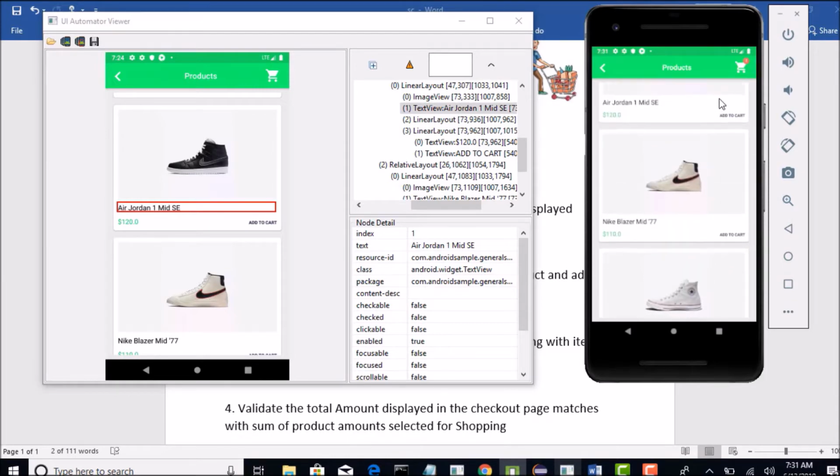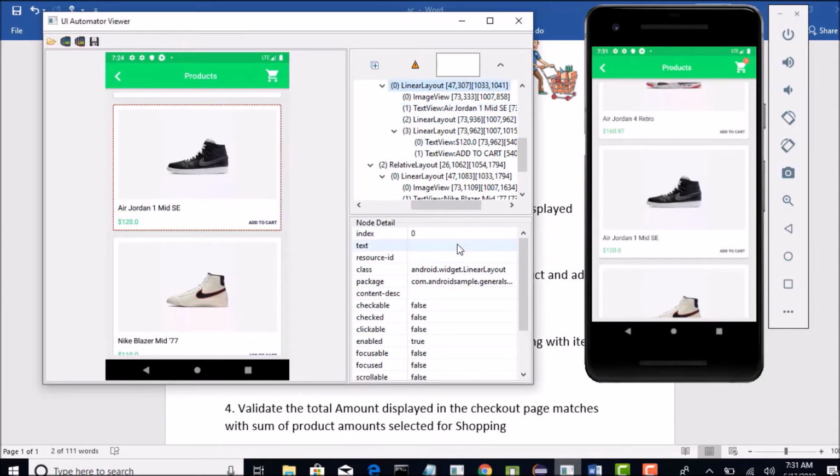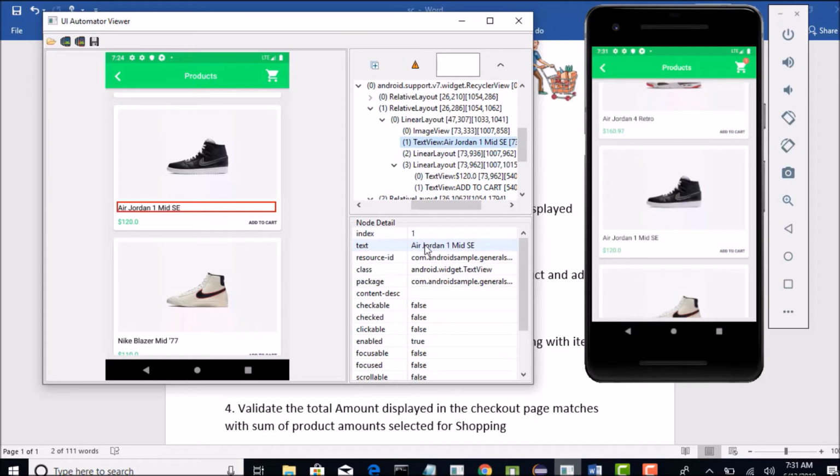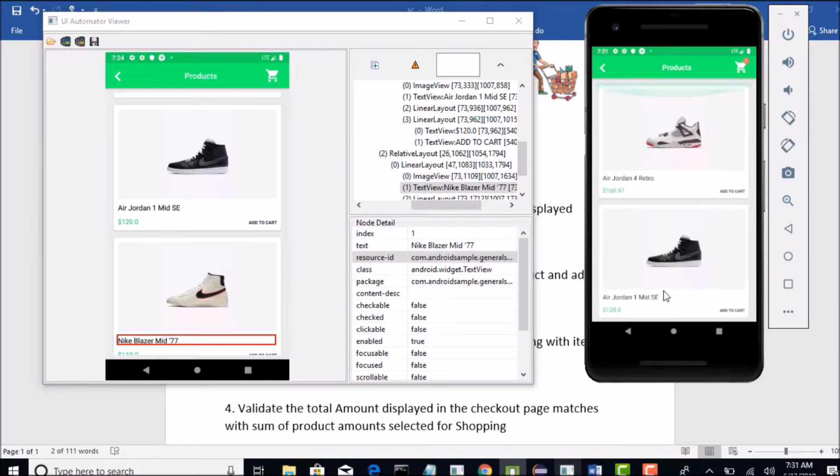One idea I have in mind is to grab the text of it, which is unique. The ID is /product name, and I see this ID is also /product name. So basically for all the products in this page, the ID is the same.